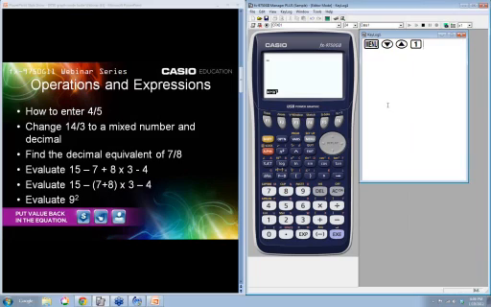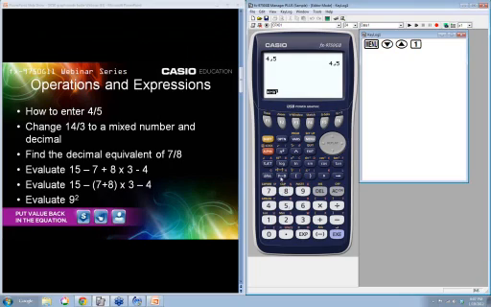So the first thing we're going to do is enter 4/5. To enter 4/5, we're going to use this button right here. And actually, let me take a step back and give you a little bit of information. Just like kids are really well versed with cell phones, and they know the shift and the alpha lock and the function, it's the same thing. Any key that's written in red, you have to hit the alpha before you get it. Anything that's written in yellow or gold, you have to hit the shift before you get it. So that's basically all we're doing. So to enter 4/5, we're going to hit 4, and then we're going to hit ABC and 5, and then execute. Great, right? So that's exactly what I put in.